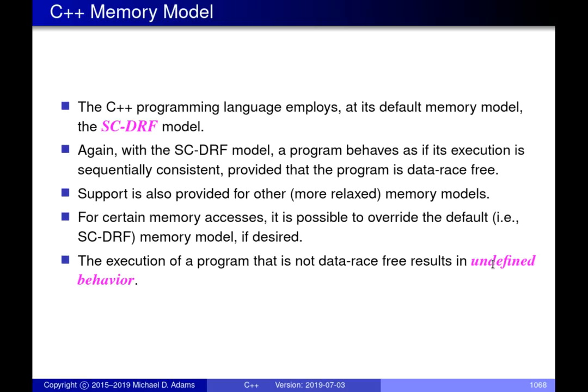As soon as that happens, all of the reasoning that you have about these being the possible outcomes of the code goes away, because the reasoning was based on the assumption that the code is running as if it was being run by a sequentially consistent machine. So it's really critical in C++ that you not have data races in your code. And of course, one of the very common bugs when you're writing concurrent code is data races. It's one of the most common types of bugs.